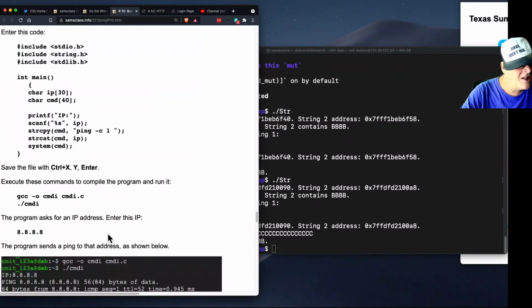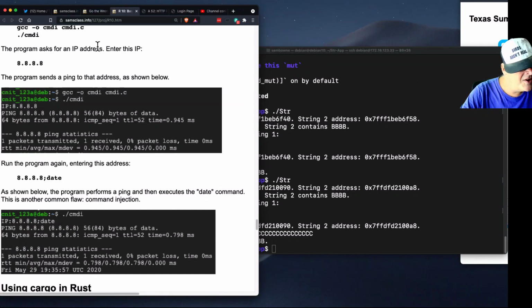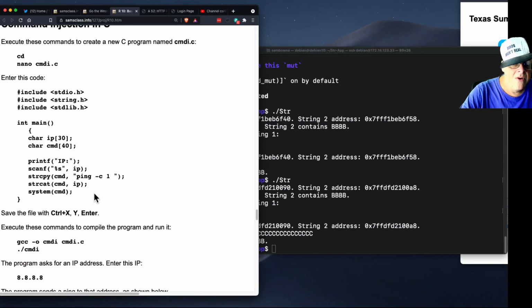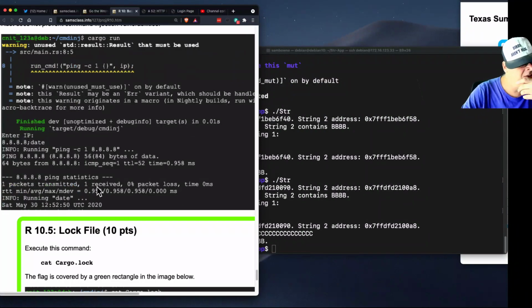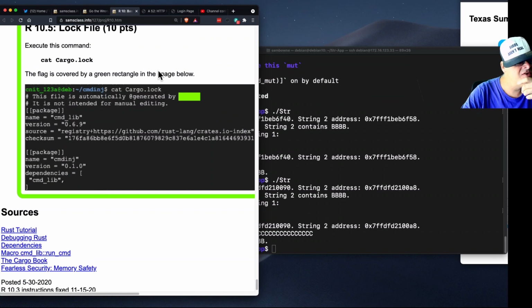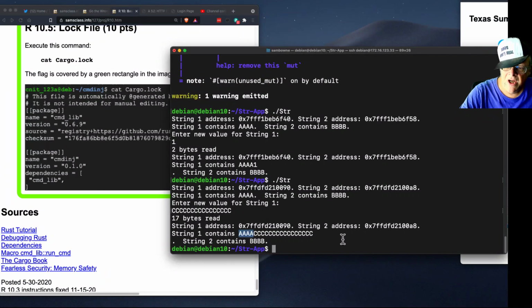So anyway, the command injection, by the way, which we had before, where you can actually add an extra command in a line, still happens in Rust. That one you cannot prevent. And I think that's as much as I had in this one. I think that's really enough to show you the basic issue of how Rust prevents the major memory overflows in